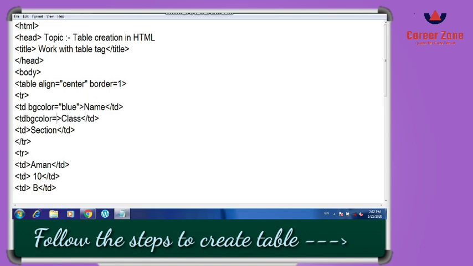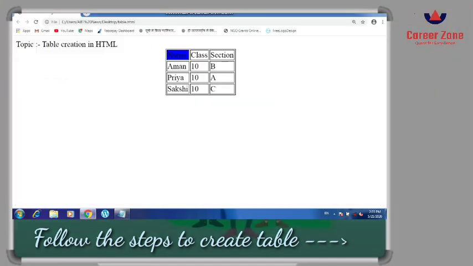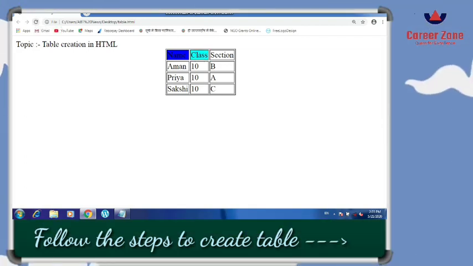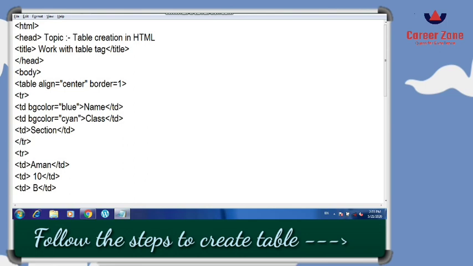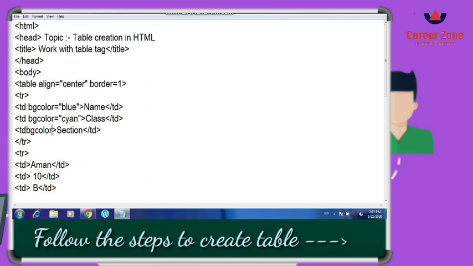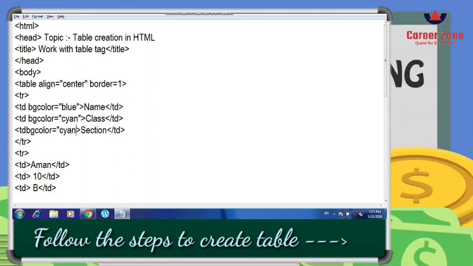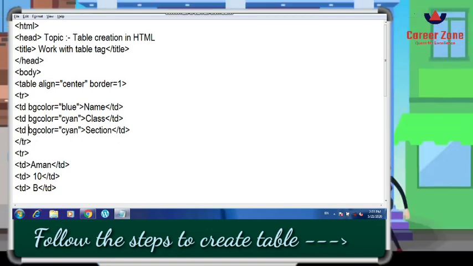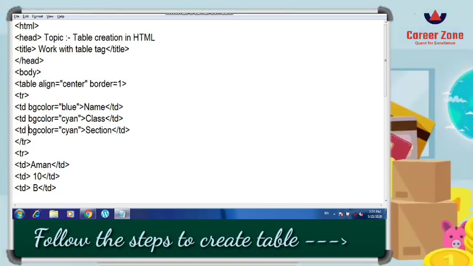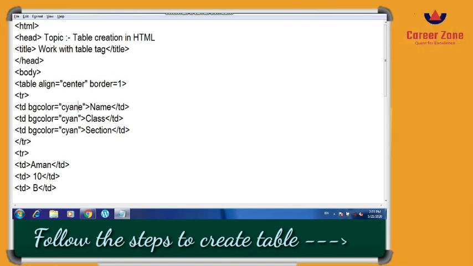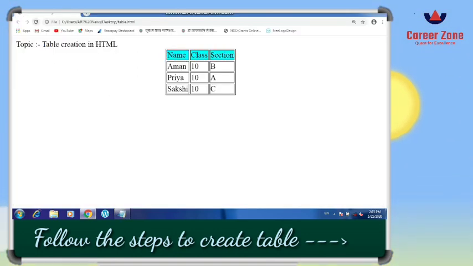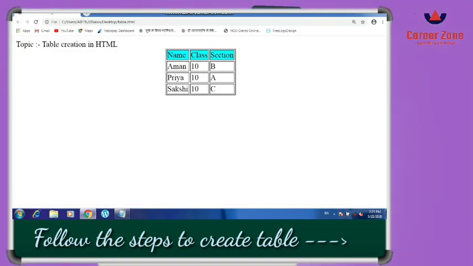If you want to give a different color to each and every cell, then you can define different colors. Bgcolor is equal to, suppose the same color I have defined here. There will be a space before defining the attribute, so you have to give the space everywhere. Now save the file and execute it. See, the background color of the heading has changed.